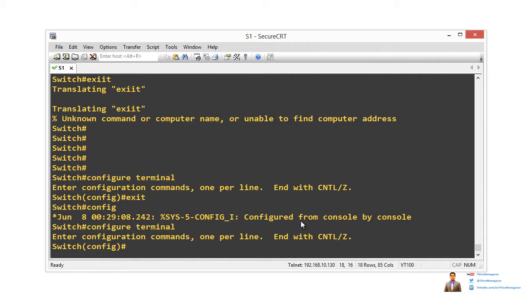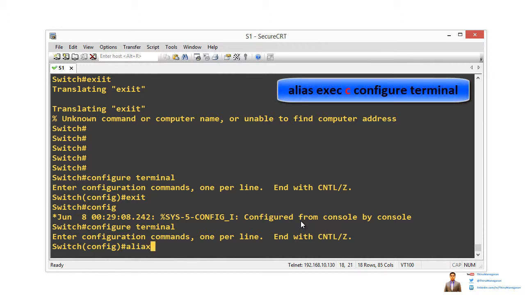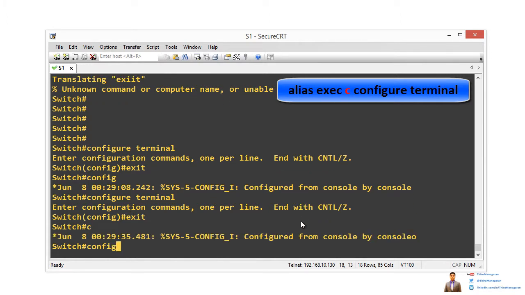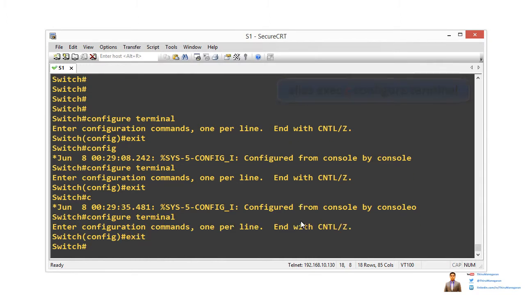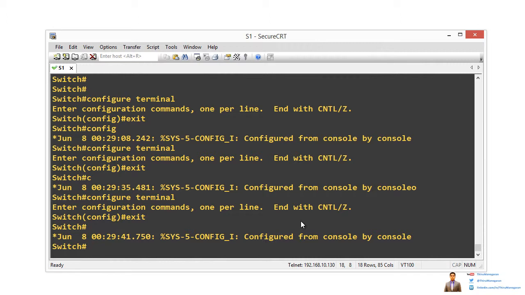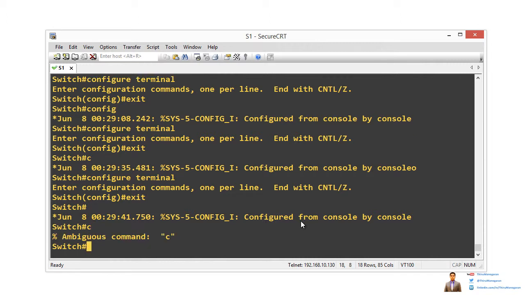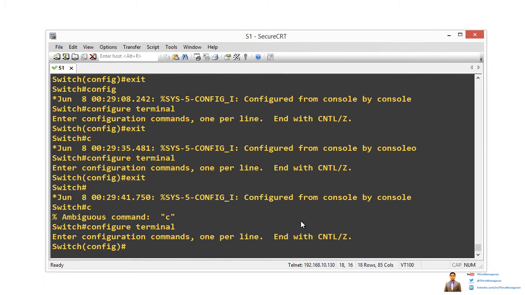So how do I create this? Let me show you. Right now I have to type configure terminal in order to go to global configuration. Instead, after I set up the alias, I will just type C and enter, and this will go right away to configure terminal. But now it says ambiguous command because it wasn't set up yet. So in configure terminal I'm going to say